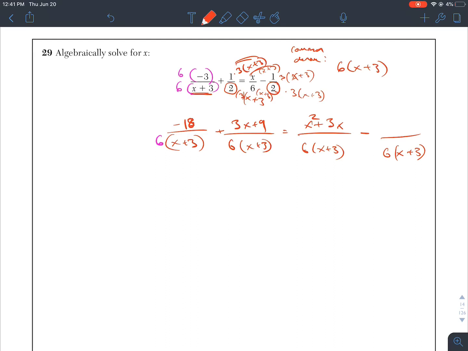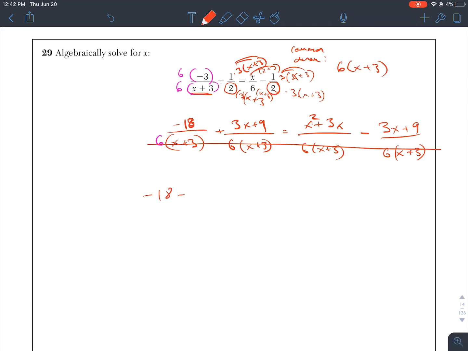And then we get 3x plus 9 again when we distribute for the numerator. So putting everything together here, we know that we're going to multiply through by the common denominator, so those all cancel